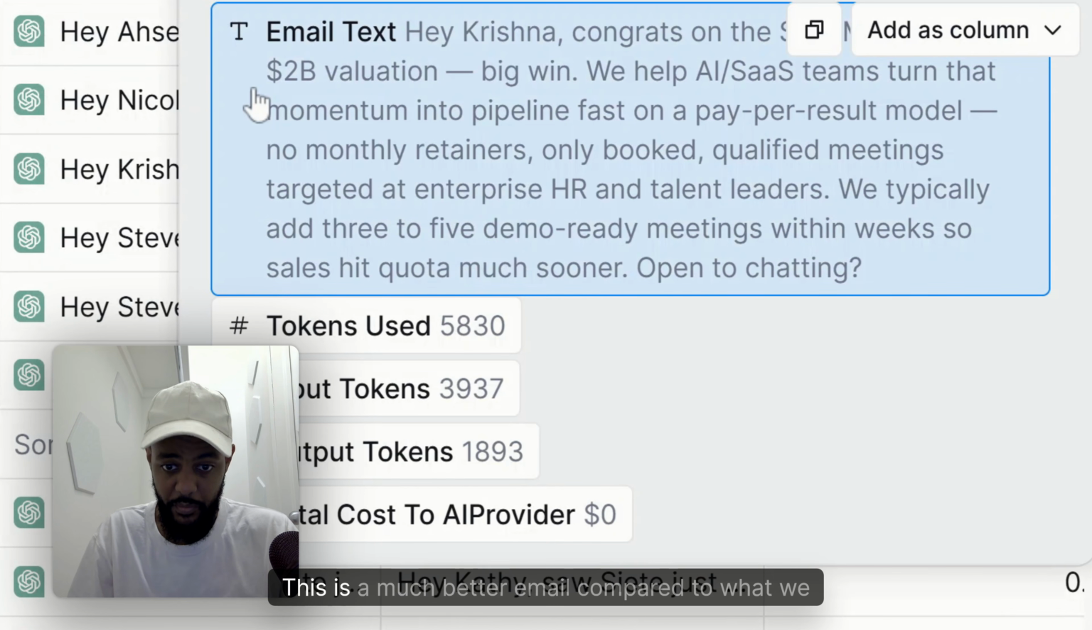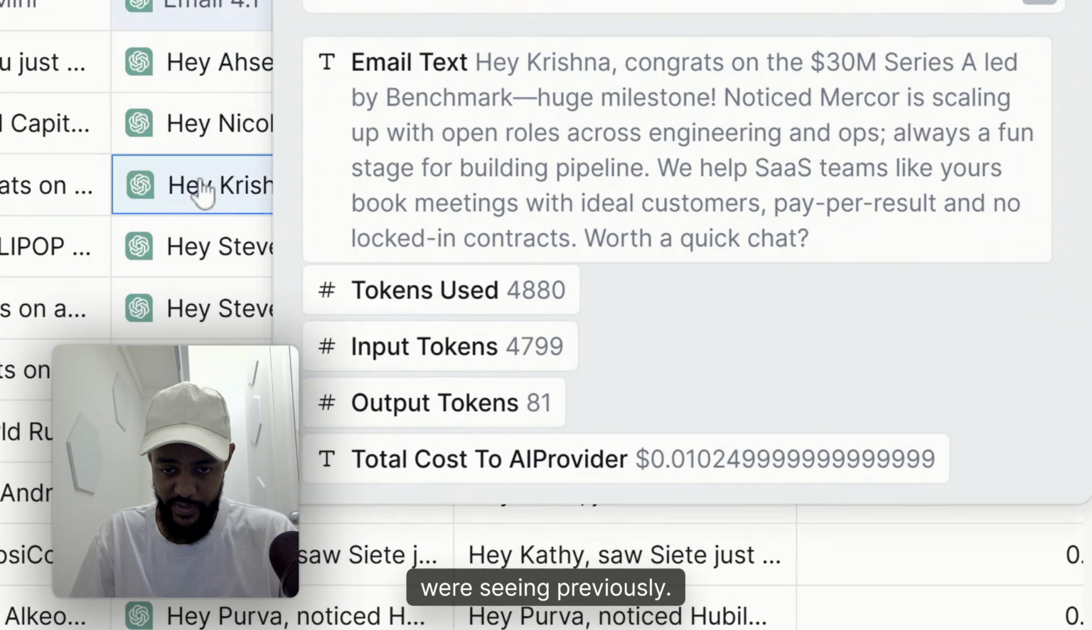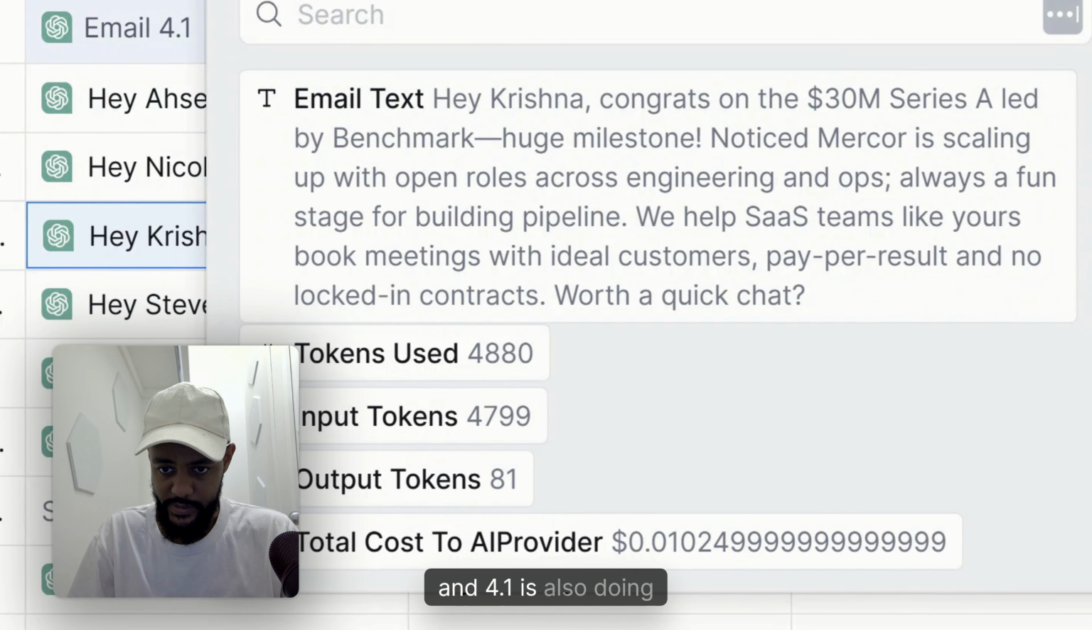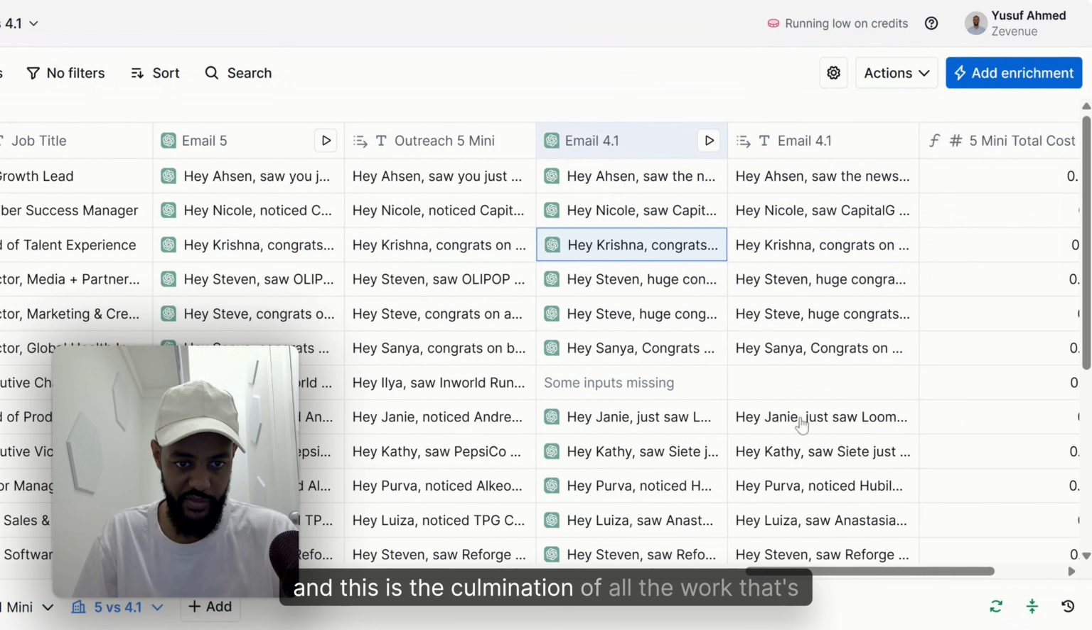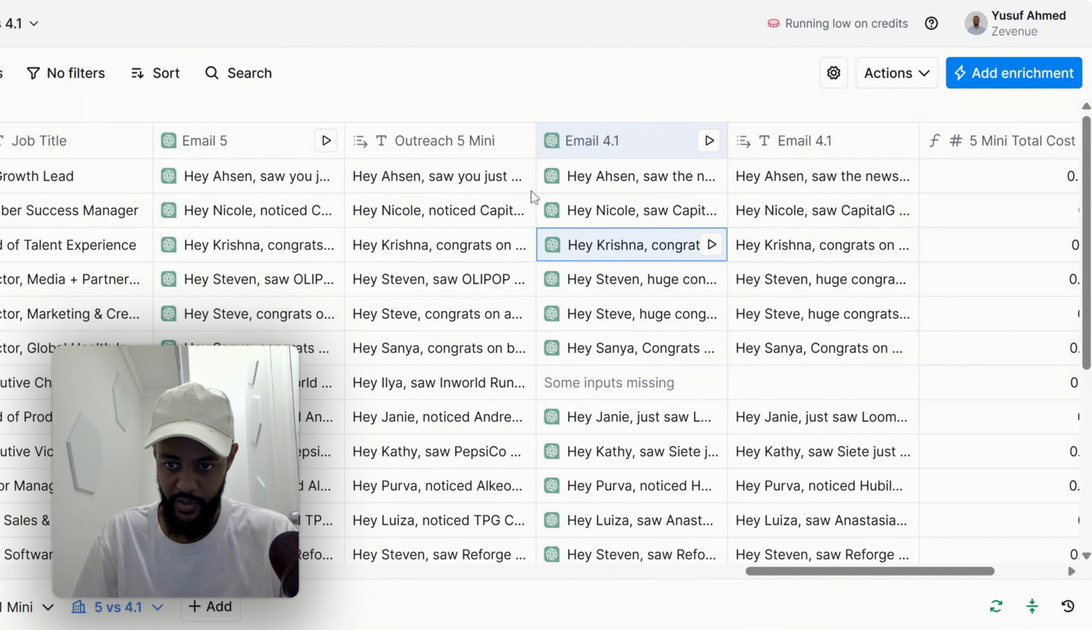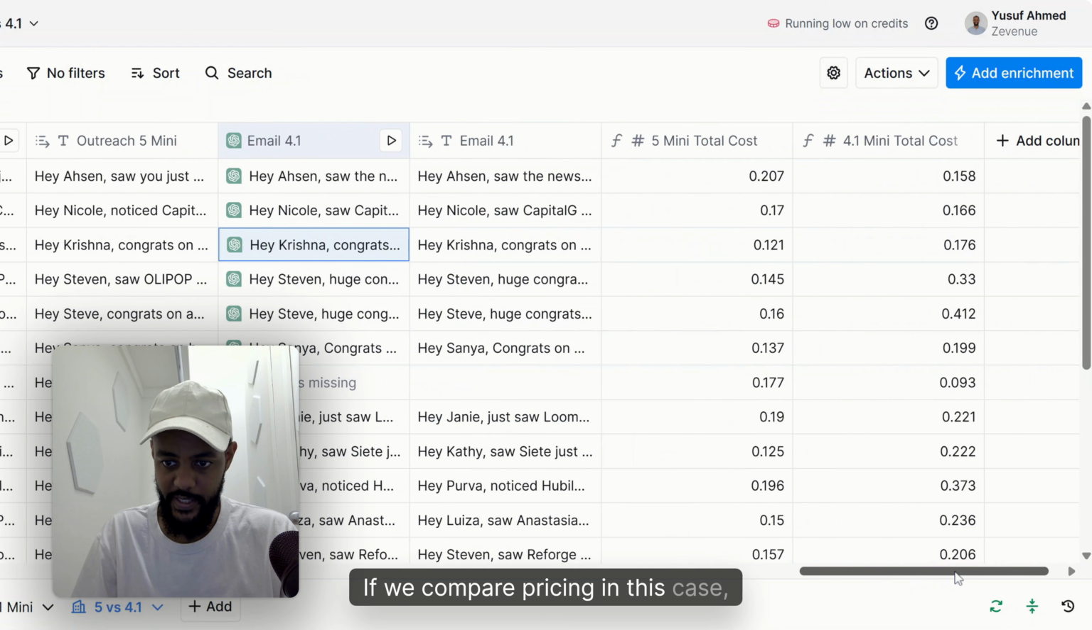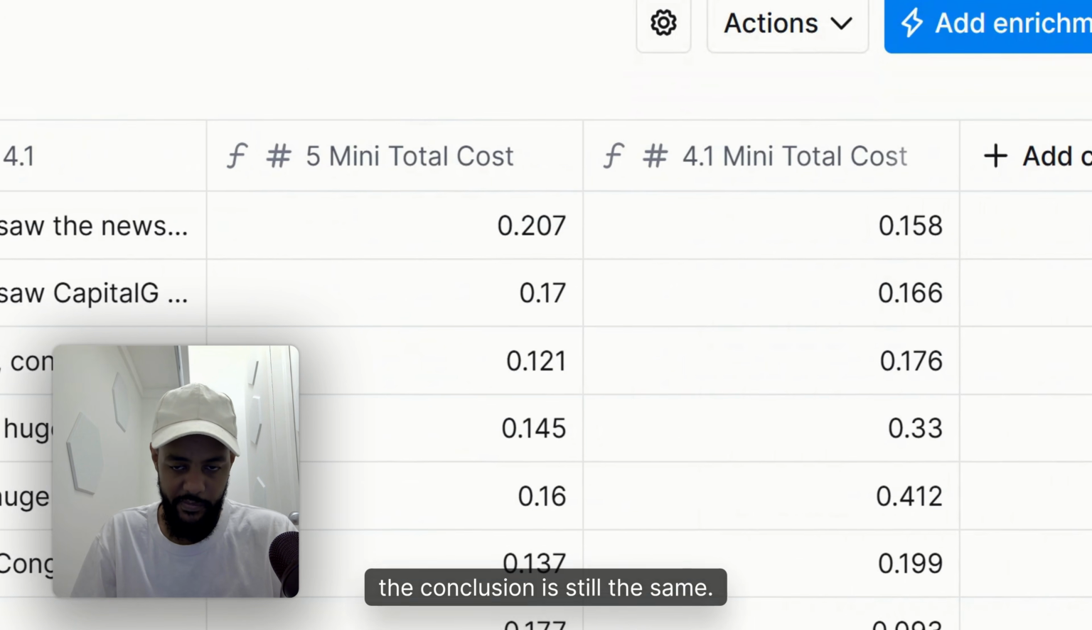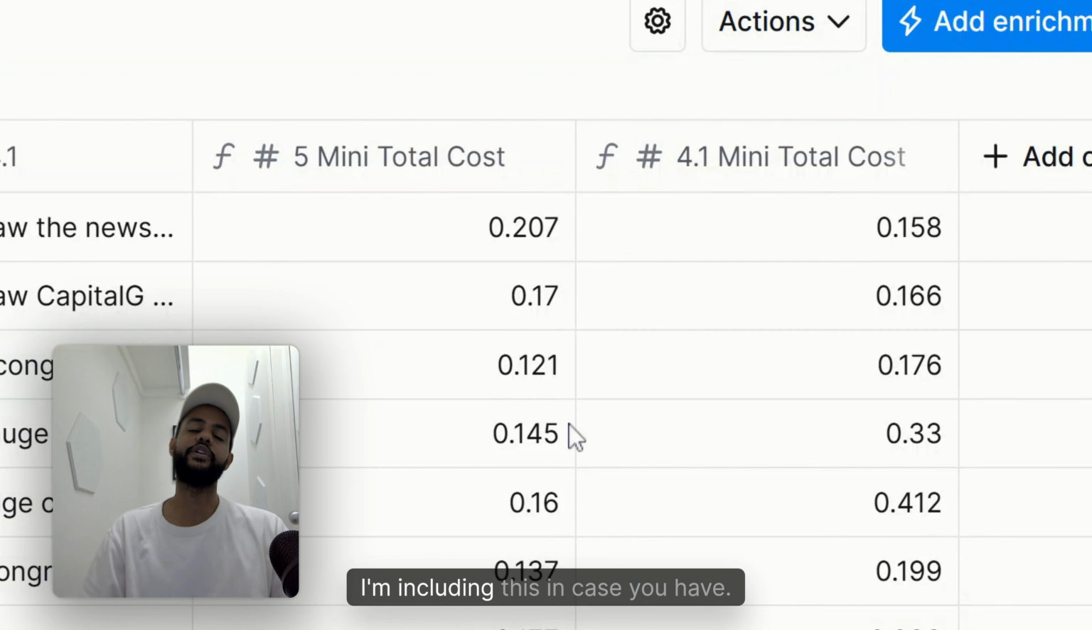This is what we do, right? This is a much better email compared to what we were seeing previously. And 4.1 is also doing better than 4.1 mini is. Both of these emails, and this is the culmination of all the work that's happened, are performing better. If we compare pricing in this case, the conclusion is still the same. 5 is cheaper than 4.1. I'm including this in case you have